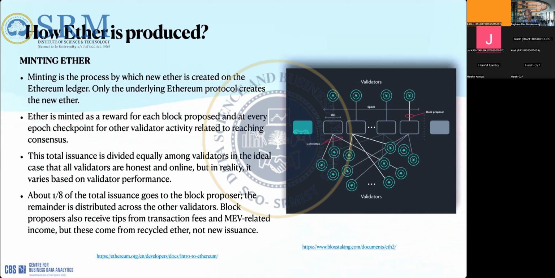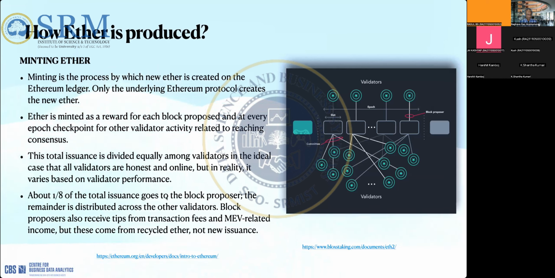So ether is created through the block reward, right? Then there are other types of fees, the transaction fees. Remember, when we were talking about gas semantics last class, we discussed that there are two types of fee. One is the base fee, and the other is the tip, the money you give as the priority fee, right? It's called the priority fee. This is nothing but a tip to the miner or something like that. So these are the two kinds of fees.